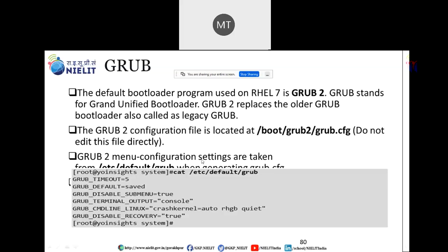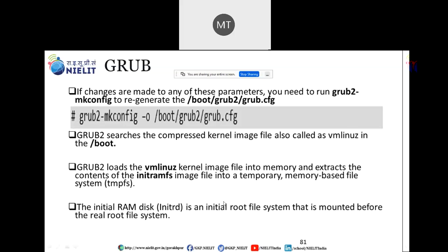GRUB2 menu configuration settings come from /etc/default/grub. This is the configuration file. You can cat /etc/default/grub, and these files will be displayed there. If changes are made to any of these parameters, you need to run grub2-mkconfig to regenerate /boot/grub2/grub.cfg. If you have changed something, then you can recreate the configuration file grub.cfg by using